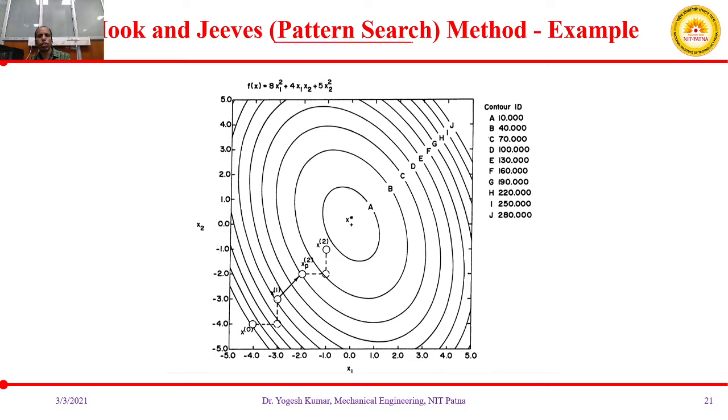This method is also known as pattern search method. Here you could see that in this method we have exploratory search, which is followed by a pattern search, and then again exploratory search. This way this pattern search method is completed.